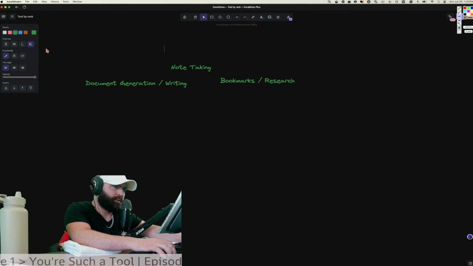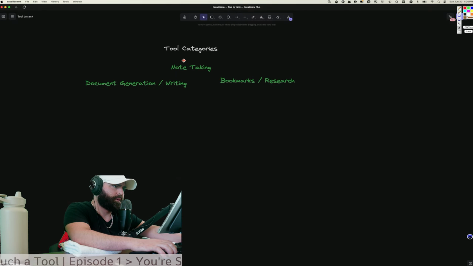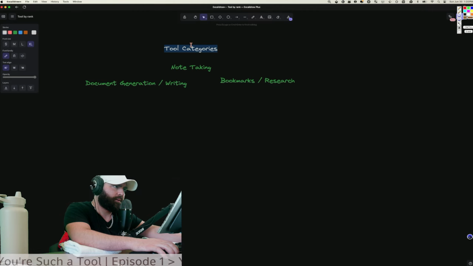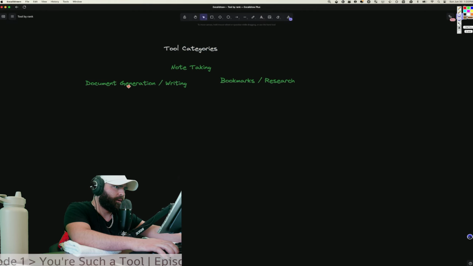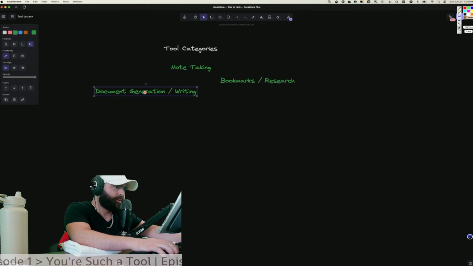So this will be just tool categories. And I thought I could underline this. No? Oh well. Note taking, document generation, bookmarks. What else? Oh, duh.